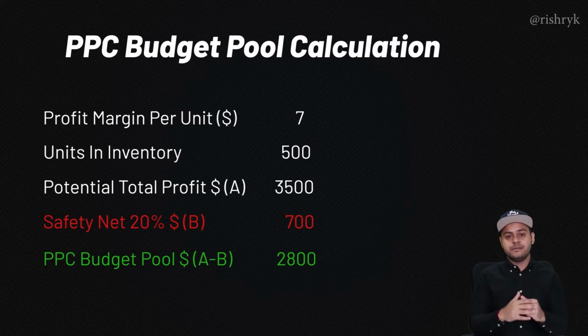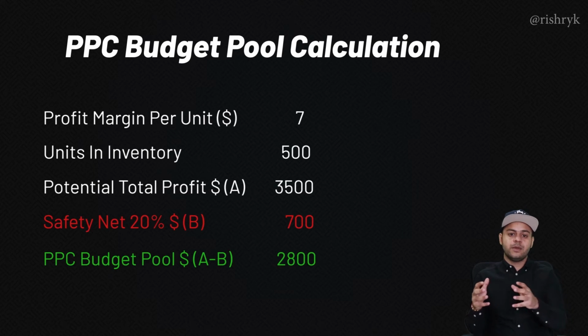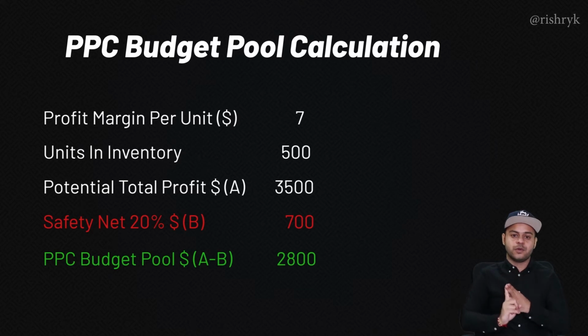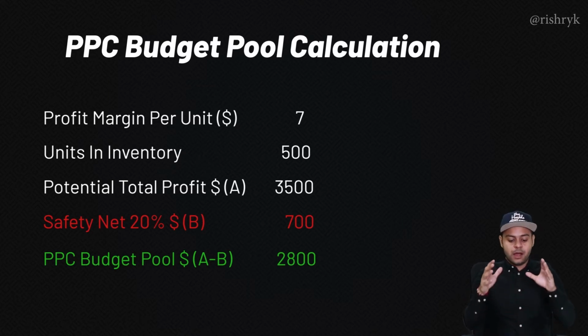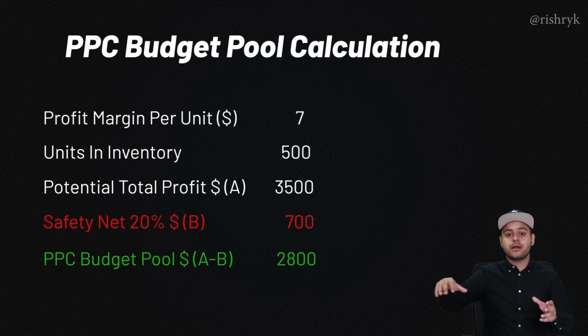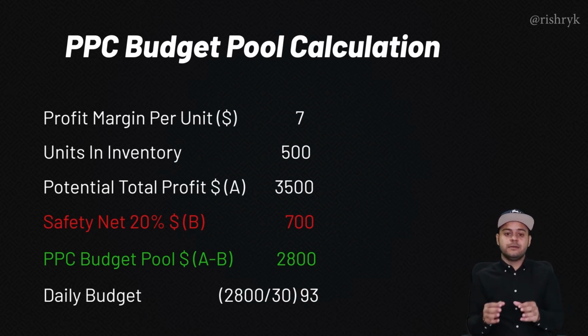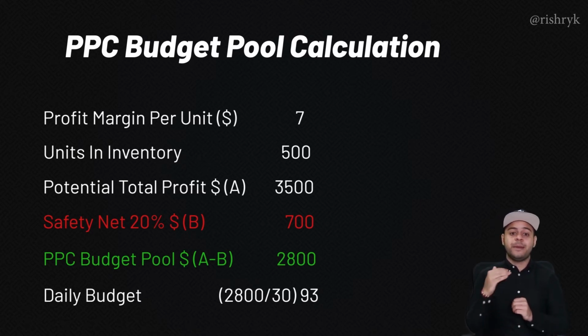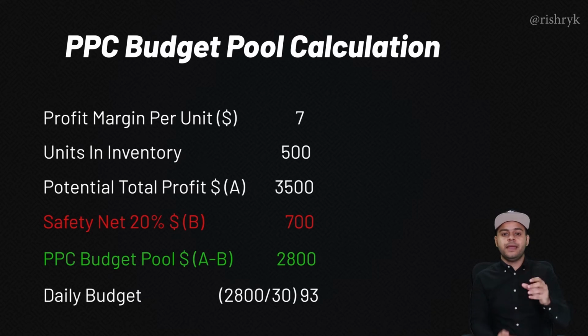I like to remove this 20% because there are going to be other costs affiliated with your entire launch on Amazon. It could be Amazon Seller Central fees, it could be Amazon storage fees, it could be the budget that you use to run ads outside of Amazon. So now you're left with $2,800. This is what we have as a budget to allocate towards our PPC campaigns and to distribute it across the days, especially usually over a 30-day period when we are launching our product on Amazon. So when we divide 2,800 by 30, you get 93. So $93 is the amount of money that you can spend at max if you were to make a $7